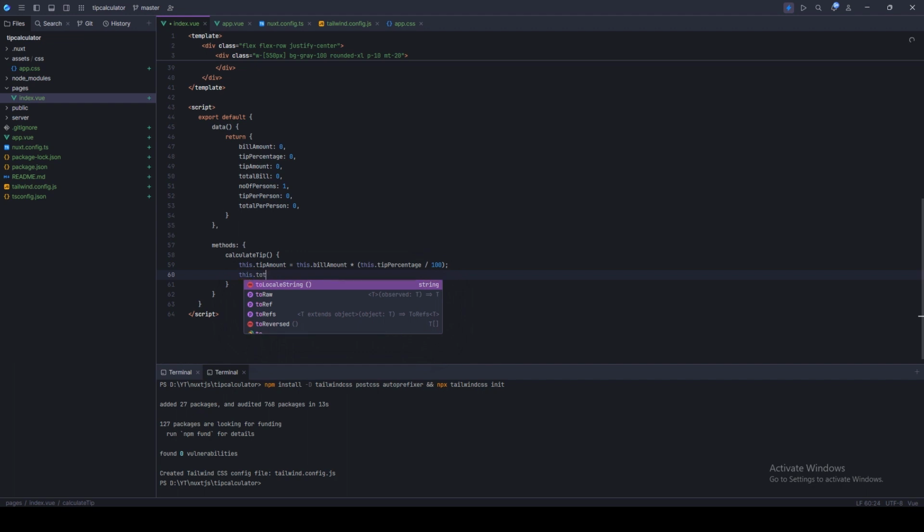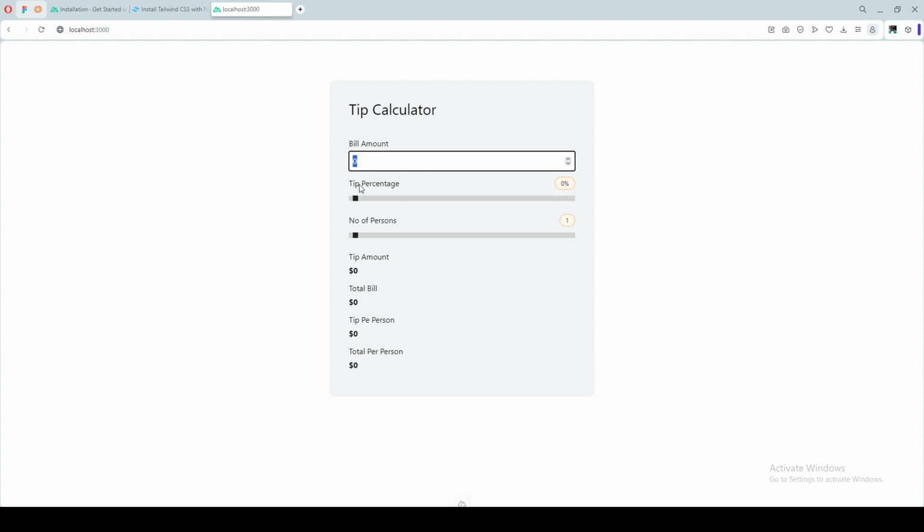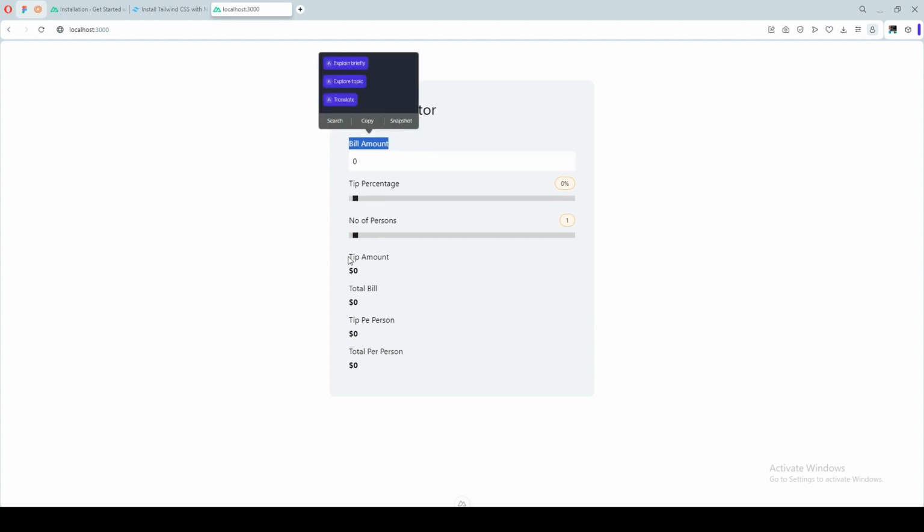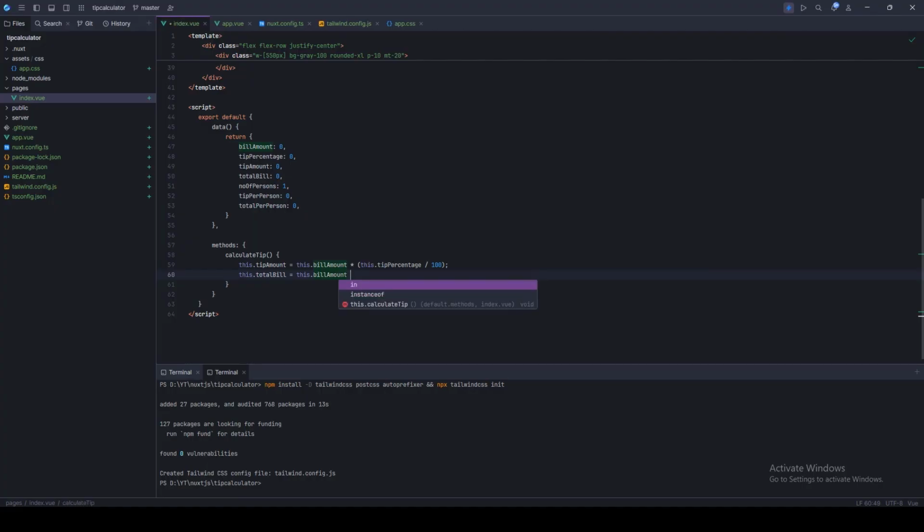Total bill is equal to the bill amount, that's the amount we have inside this dot bill amount, and the results we got from tip percentage. So it's going to be total bill plus what? The tip amount. So this is going to be plus this dot tip